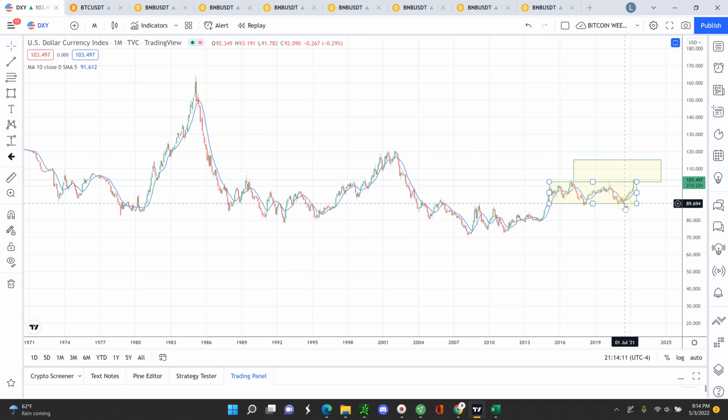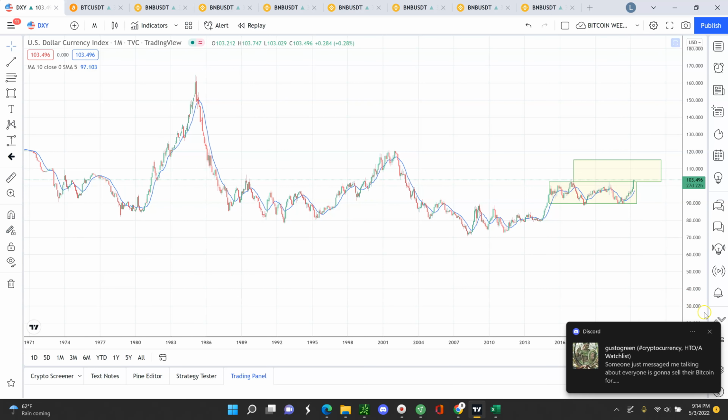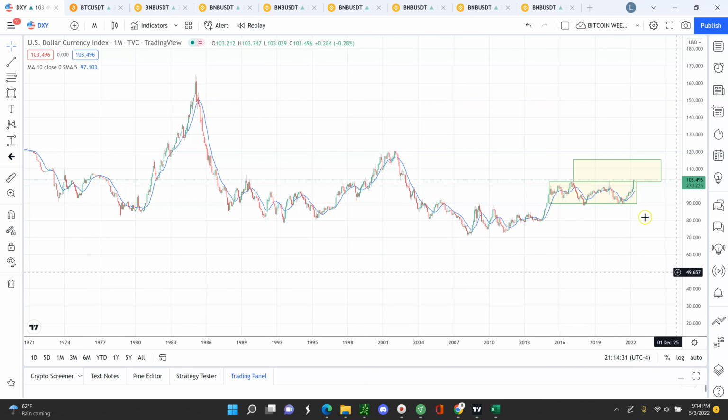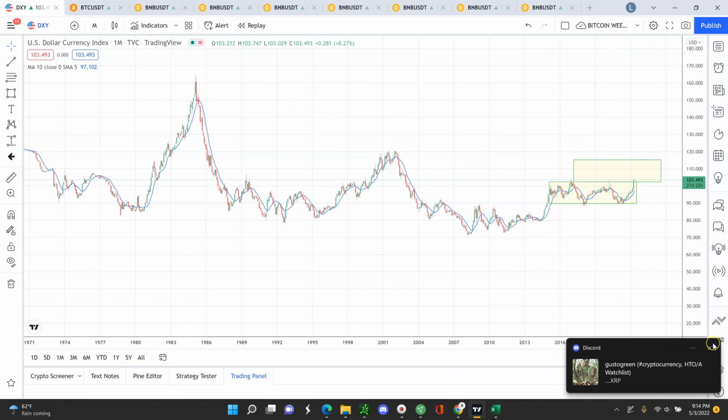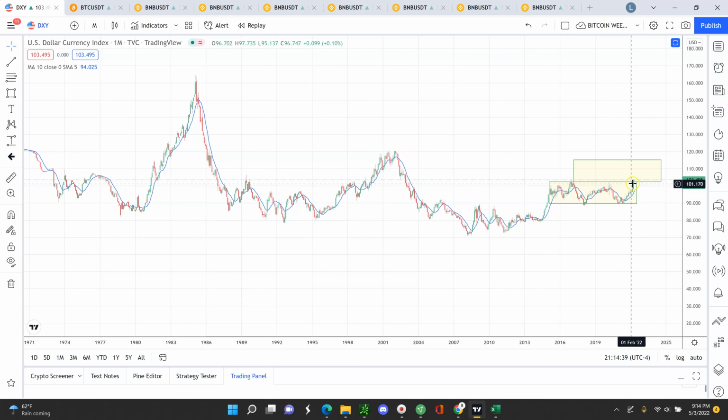And of course, we know this is the case because of interest rates. As interest rates go up for a currency, the value of that currency goes up, but that's not always a good thing, and I'll touch on that if I remember to. But that's just something to keep in mind. You know what I'm saying? So that's one possible scenario. And of course, if it does not hold this 101 or this low 100s area,